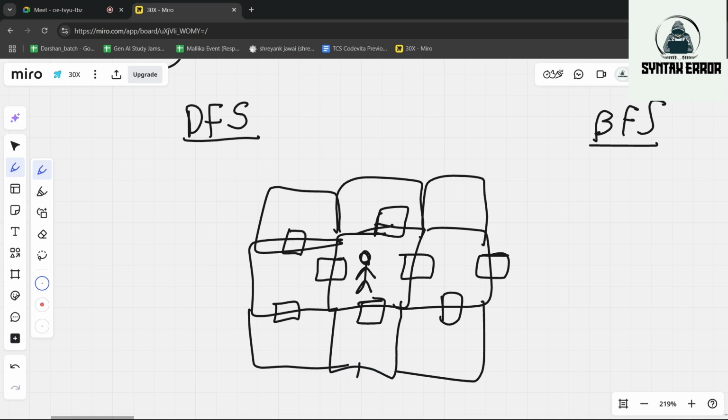One method is you can drop something here. Just recognize you are starting from here. You go to this room, and then you'll drop something, and you'll go to this room. You'll drop something here. There are no other doors, right?